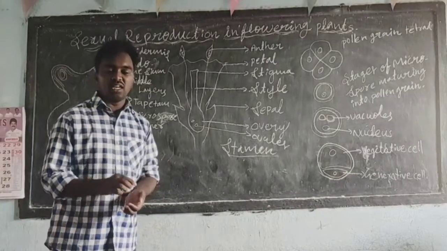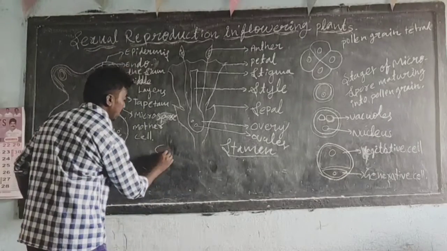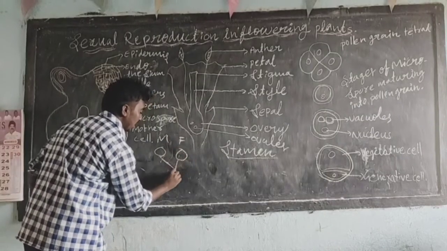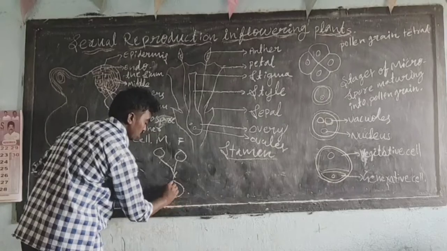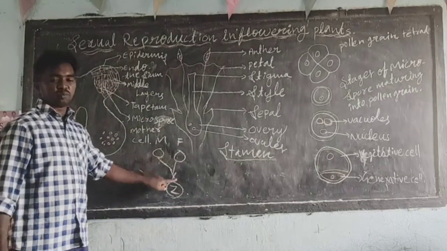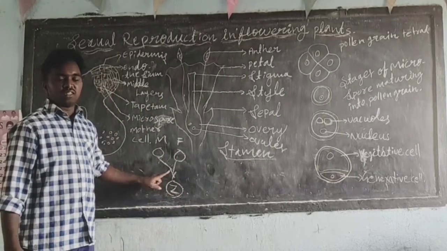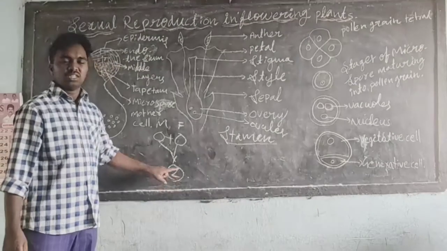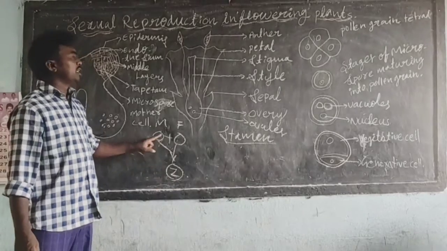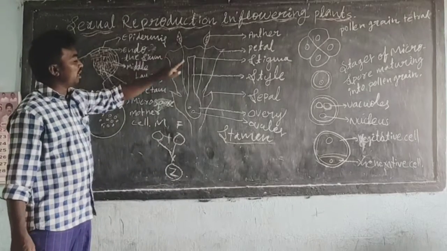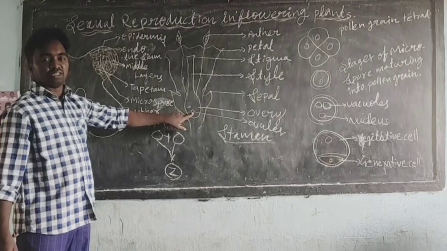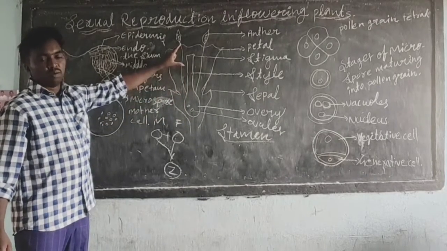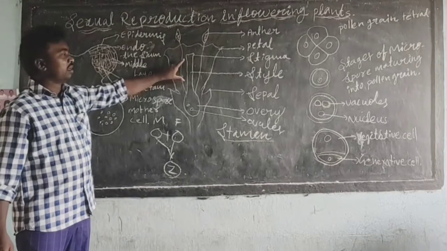So the reproduction happens between male and female gametes. The male and female gametes fuse to produce a zygote. This is the sexual reproduction done in any plant. Majorly, male and female gametes are fused to form a zygote. This is the common thing. Understand? This is the reproductive organ, the sexual reproductive part in a flowering plant.